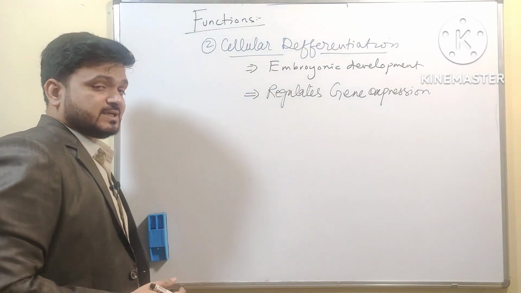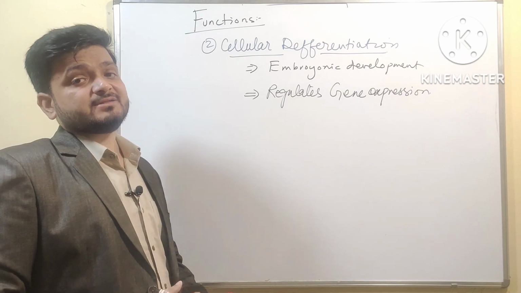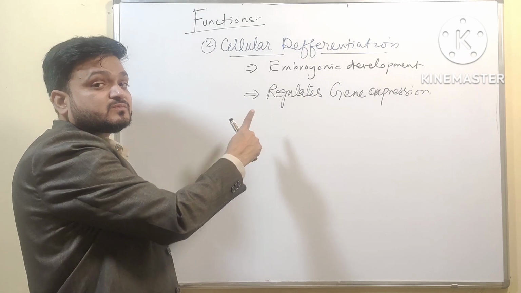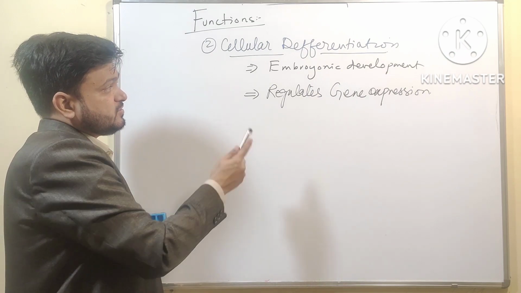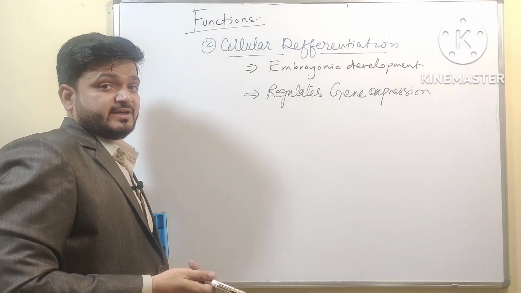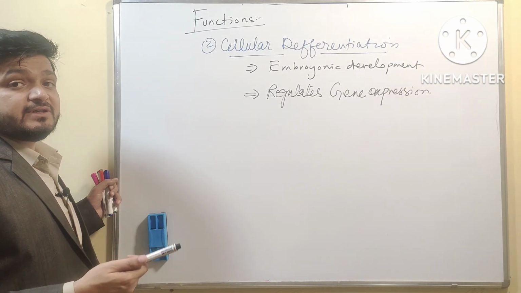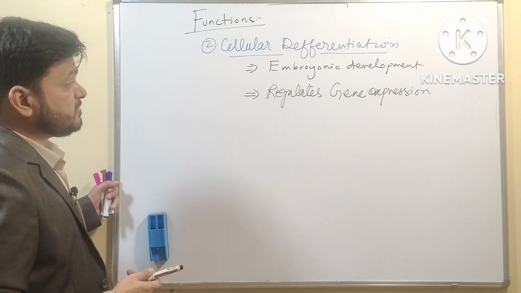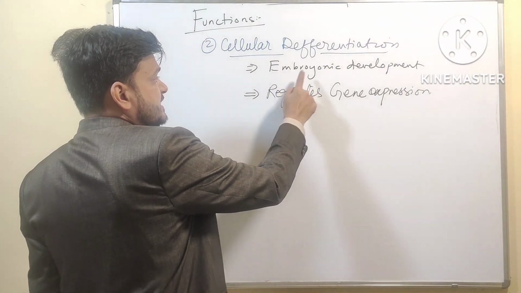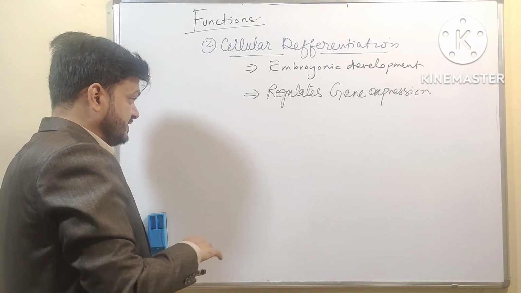So we can estimate that if vitamin A is absent, which regulates our gene expression, obviously it is very important to express our genes. That is why it is important in embryonic stages. So if anybody has vitamin A deficiency, growth will be hampered and there is a teratogenic effect. Malformed offspring may develop, and the main function is that it regulates gene expression, especially in embryonic development or embryonic stages. Now the third function is